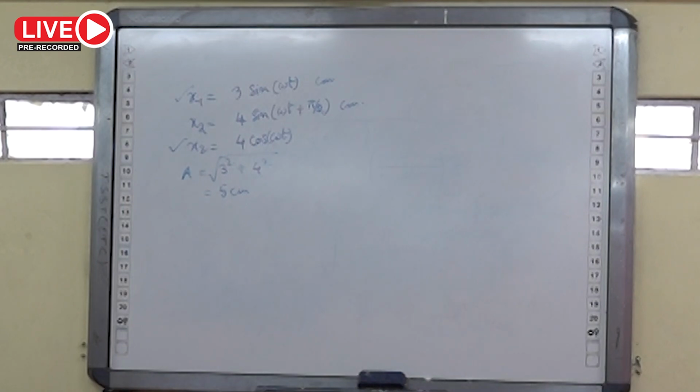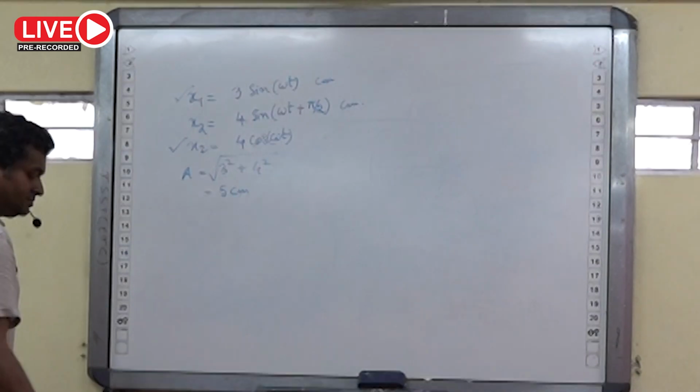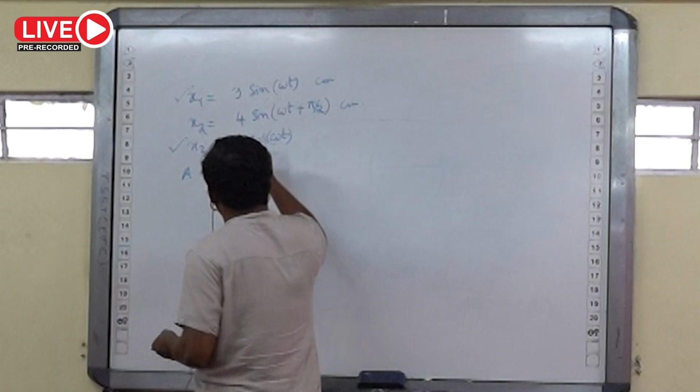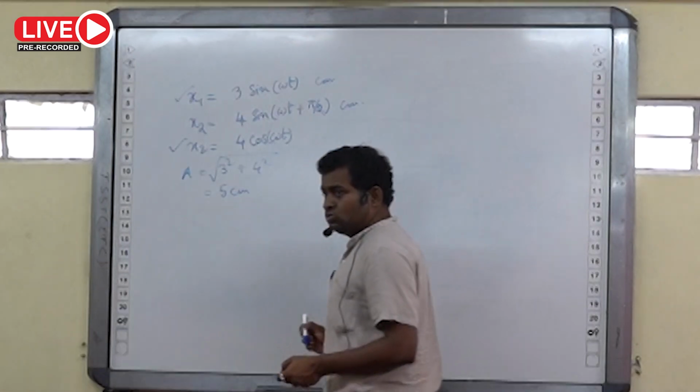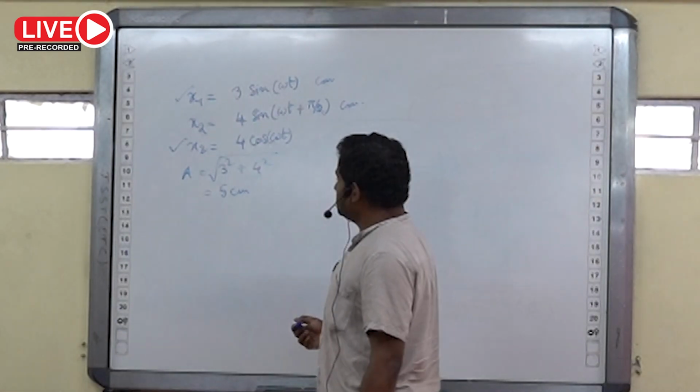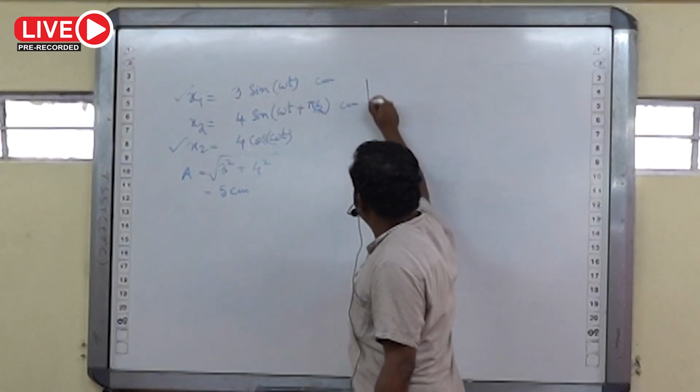Because any two simple harmonic vibrations, when superposed, the resultant vibration is also a simple harmonic vibration with different amplitude and different phase. Phase will be changed and amplitude will be changed, but the frequency will remain the same. How can we find that? We have two vibrations now. One is x1, the other is x2. Then I can write that in general,